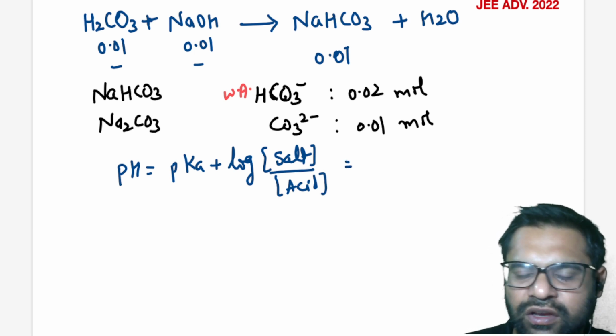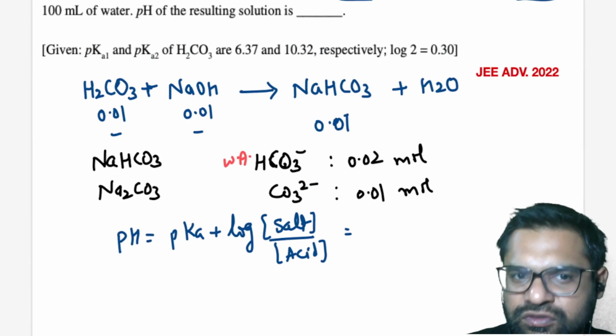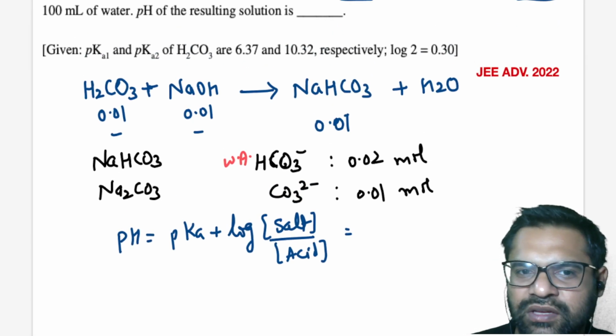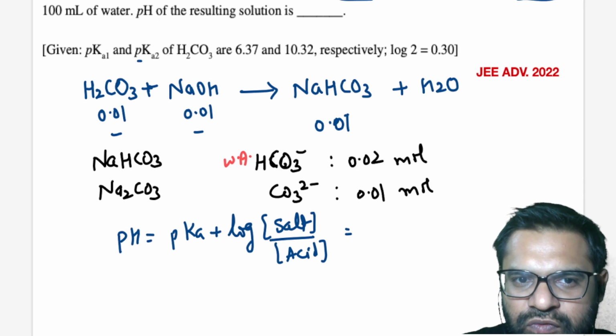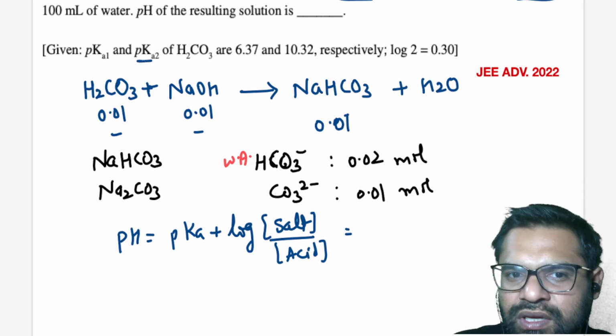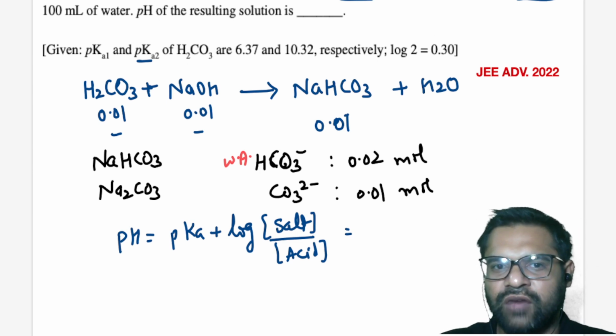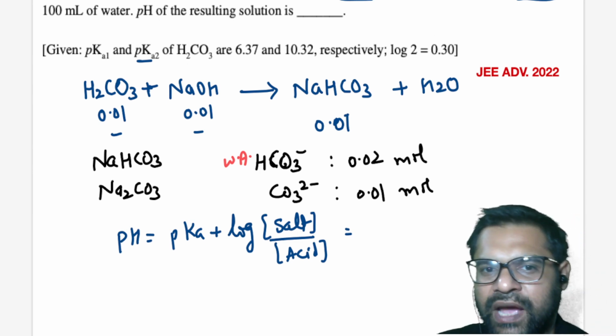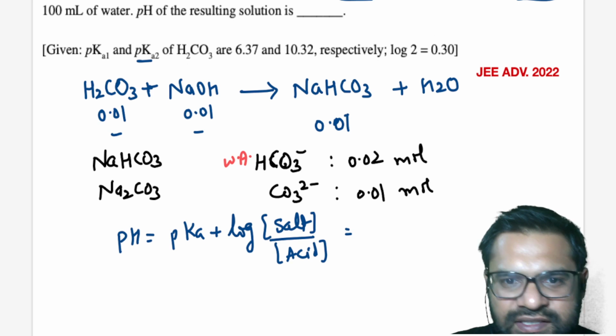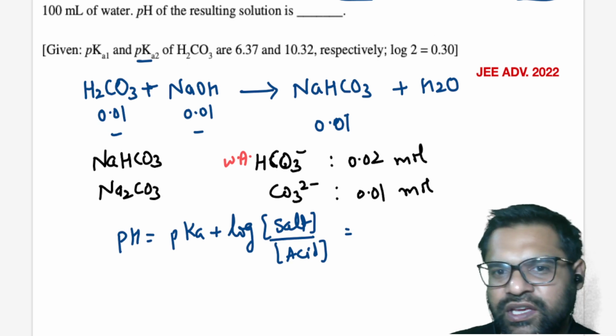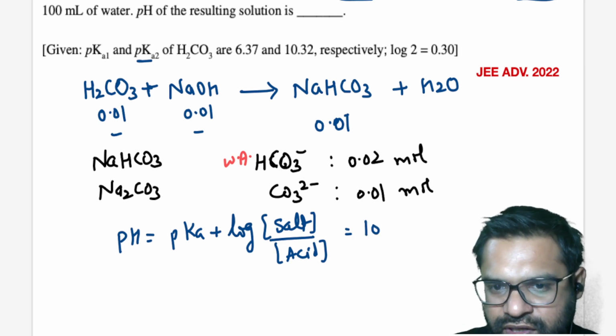So what is pK? Now which pK will we use? Will we use pK1 or pK2? See, we will use pK2. Why? Because pK2 is the pK of this acid when it has already lost one H plus ion. So after losing one H plus ion, it would have become HCO3 minus ion, which is the acid here. So yes, we will use pK2. So the pK2 value is 10.32